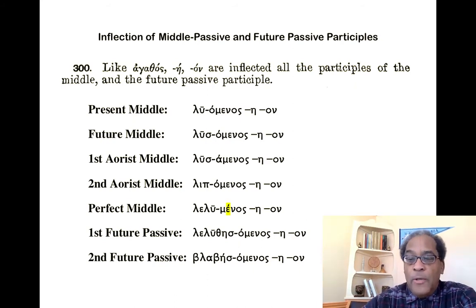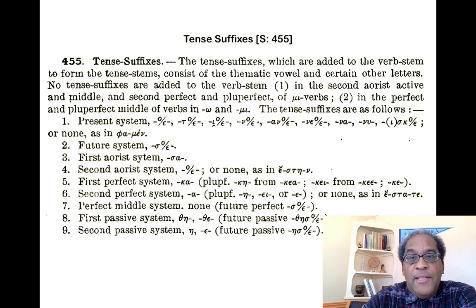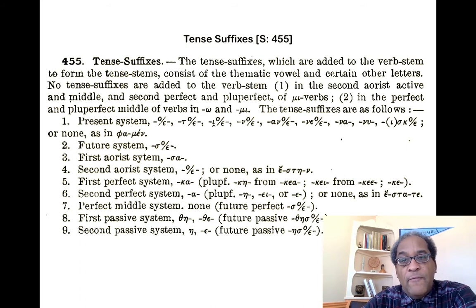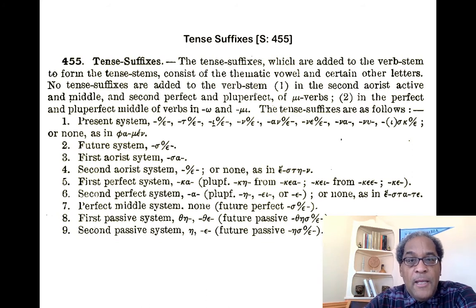So it's very important to always go back to these tense suffixes because they will give you your key to recognizing the various forms and consolidating your sense of the various tenses by looking at the most important element, and that is the tense suffix of the verb. So again, in the present system, we always have the thematic vowel omicron epsilon. In the future system, sigma with omicron epsilon. In the first aorist, sigma with alpha. In the second aorist, the thematic vowel omicron epsilon. In the first perfect system, we have kappa with alpha, but we'll see that it's a little different in the participle. In the second perfect system, we have alpha,